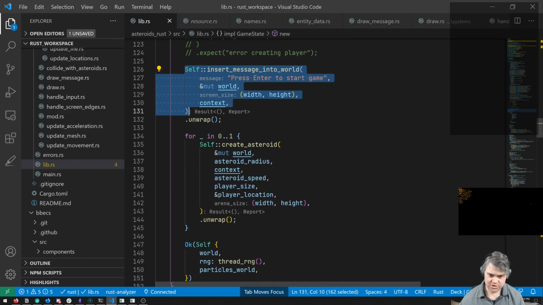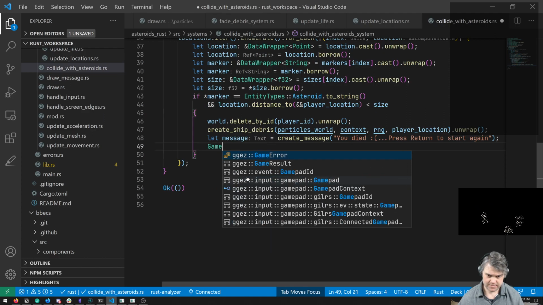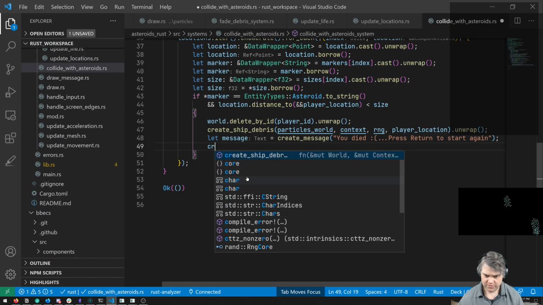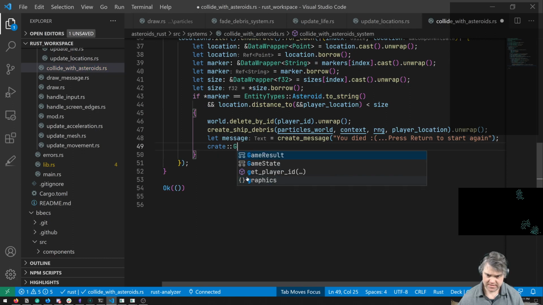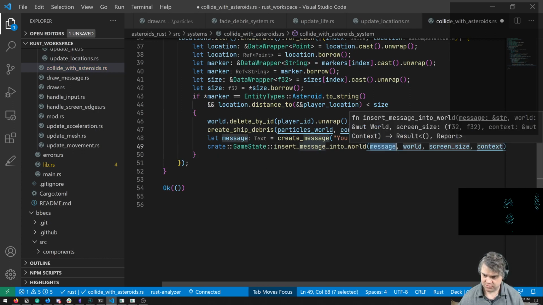Insert message into world. Do I have access to that in here? I don't know if I do that. If I do create game state, insert message into world. Okay, we have our message.